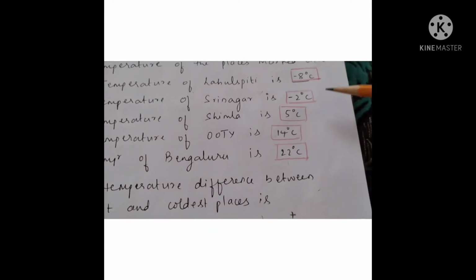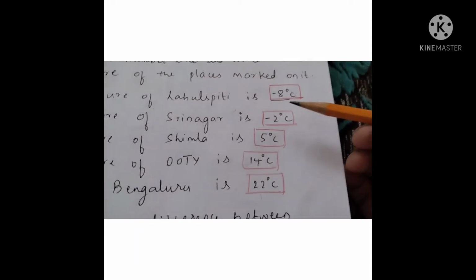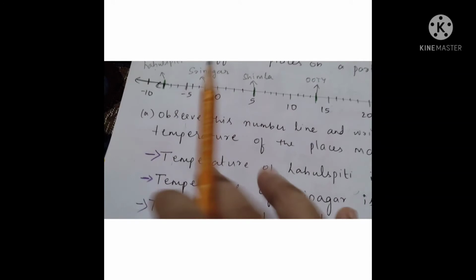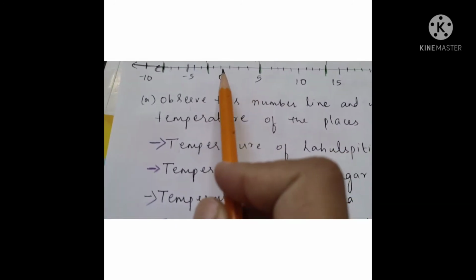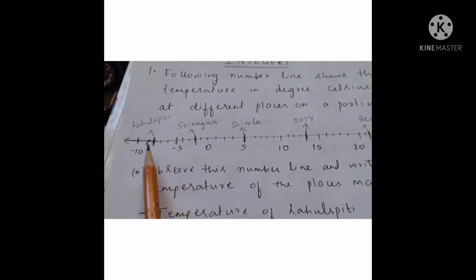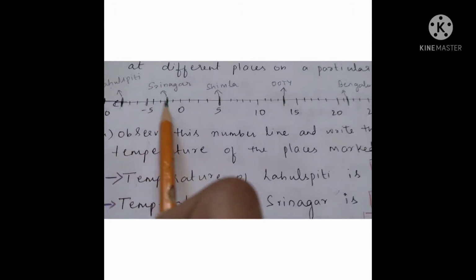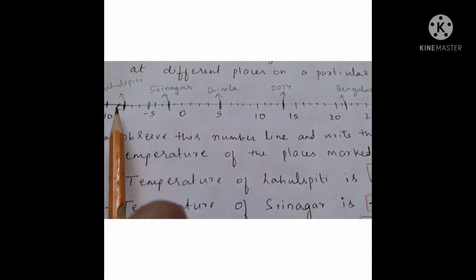Which is the coldest place? Coldest place will have the least temperature, the lowest temperature. Now you may get confused here. Which is the lowest temperature here? -2 or -8? It's not -2, it's -8, because if you look at a number line, as I have told you, the number which is extremely left will be the least number. To the left is the lowest number, to the right is the highest number. So to the left it is -8, which is Lahul Spiti. I will record it. The coldest place is equal to -8 degrees centigrade.